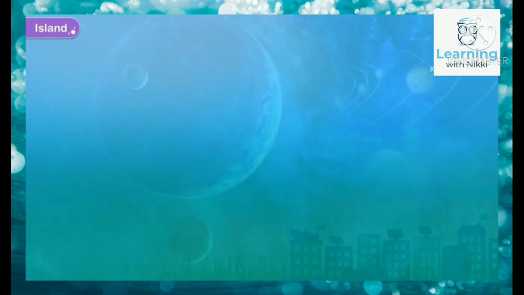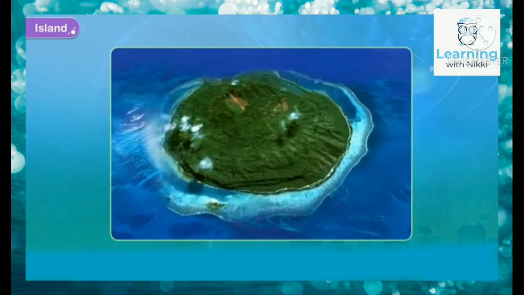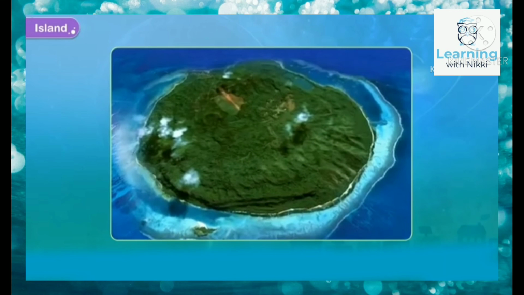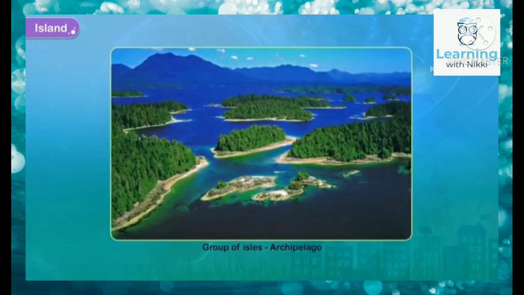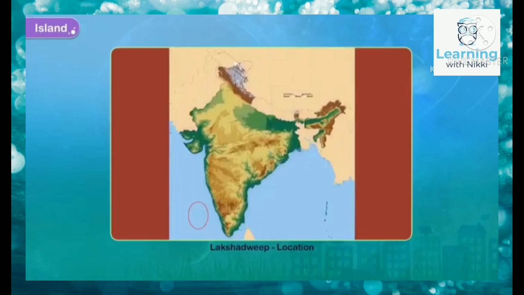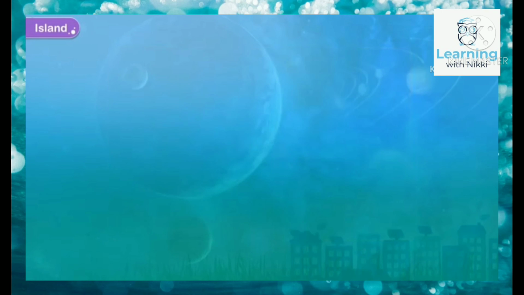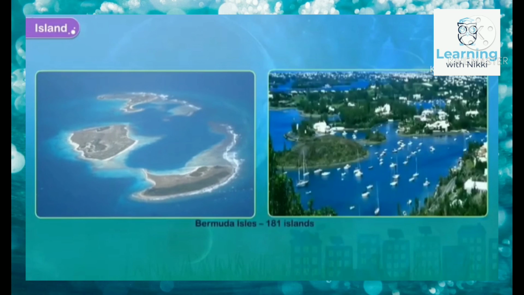Now, island. Islands are landforms surrounded on all sides by water. Islands are generally small landforms. A group of isles is called an archipelago. Hawaiian Isles in the North Pacific and Lakshadweep in Arabian Sea in India are examples of archipelago. Bermuda Isles, a British territory, has